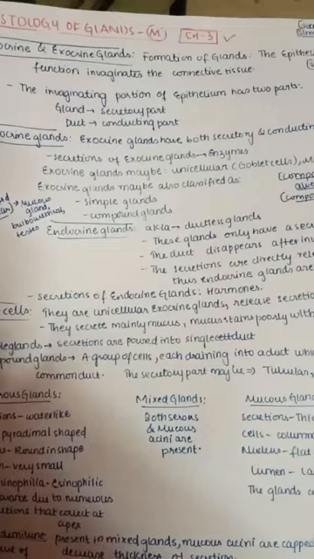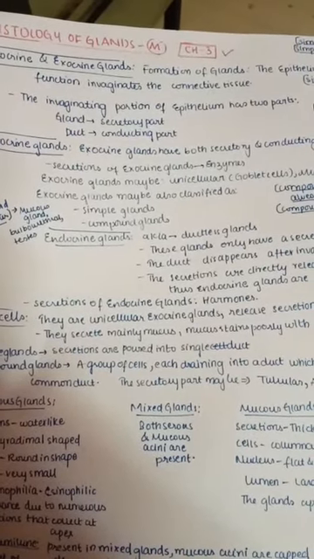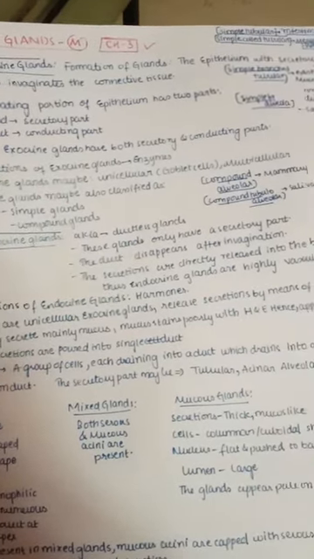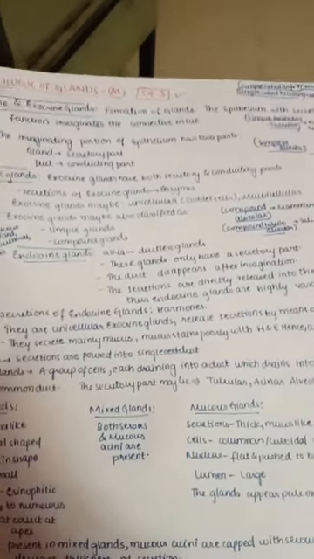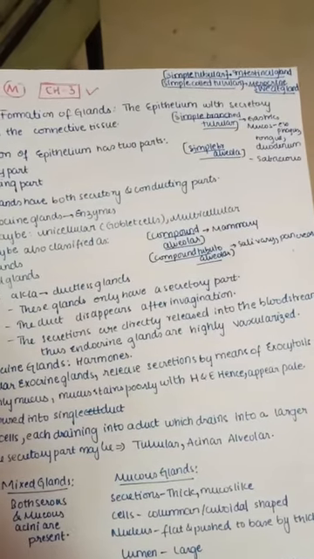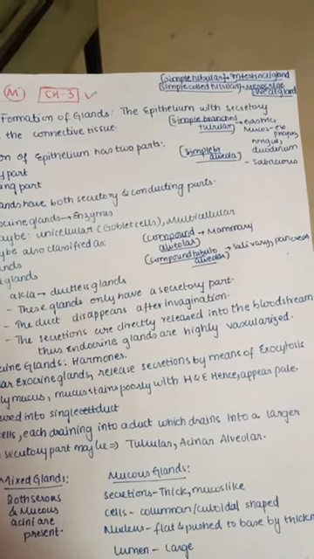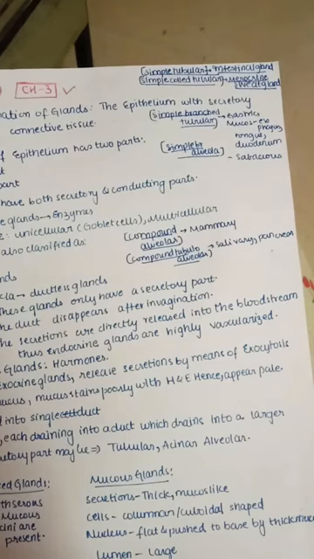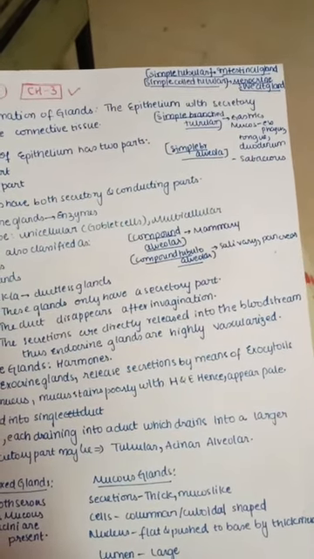Exocrine glands have both secretory and conducting parts, and their secretions are enzymes. Exocrine glands may be unicellular, like goblet cells, and they can also be multicellular. In multicellular glands we have different types. If it is simple tubular, then it is an intestinal gland. If it is simple coiled tubular, then it is a merocrine sweat gland. Simple branched tubular is found in gastric mucosa, esophagus, tongue, and duodenum, and the simple alveolar is sebaceous.